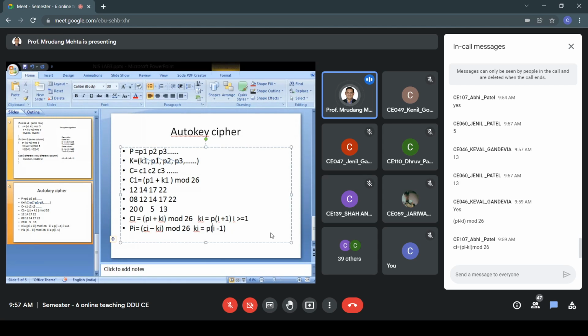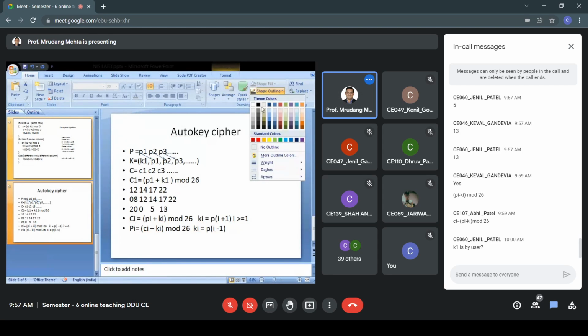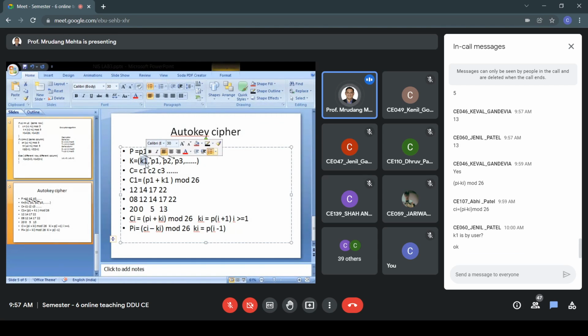Right. So if you implement Playfair first, then the second objective is this. It is comparatively simple, so you can finish Playfair first and then try this one. K1 is given by the user. Some random K1 you can take. Only this K1 is taken because the other keys are going to be repetitive. It is taken from the plain text.